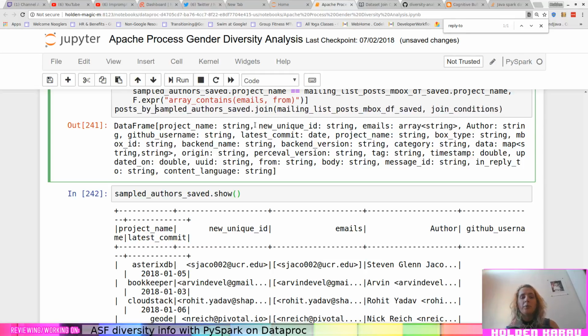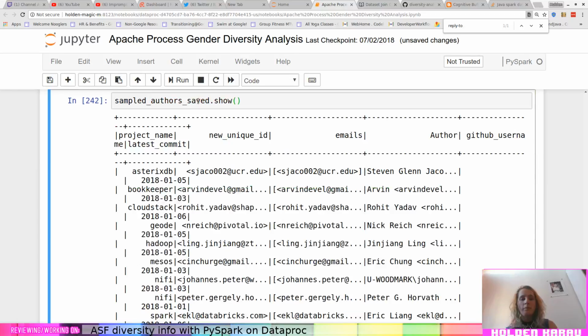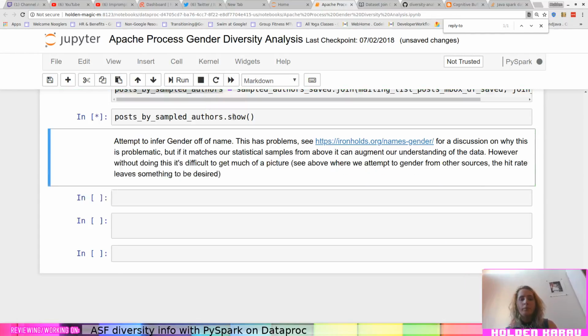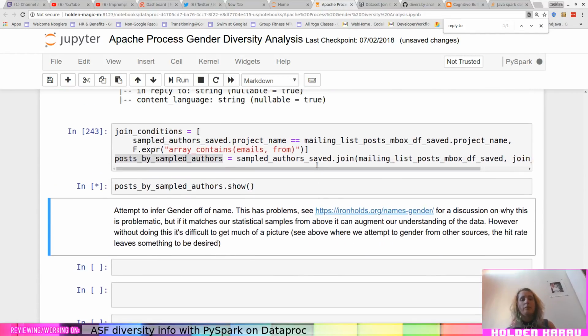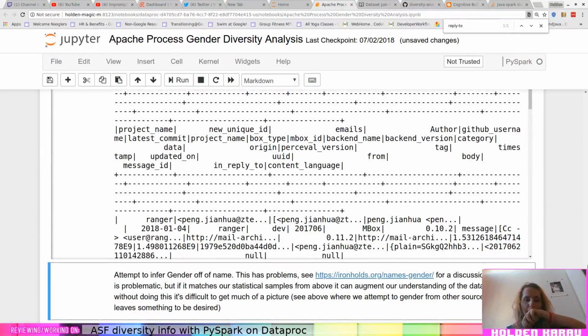Posts by sampled authors. This could take a while to run because this join is less than great, possibly. But that actually looks promising.